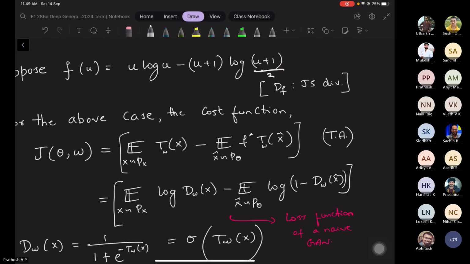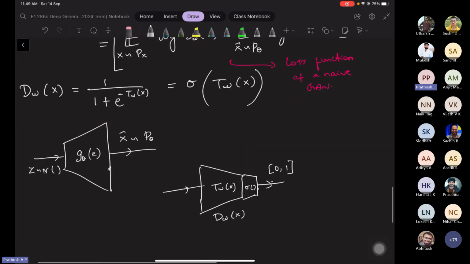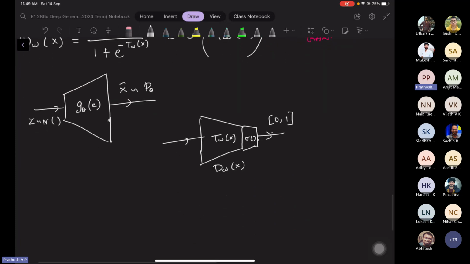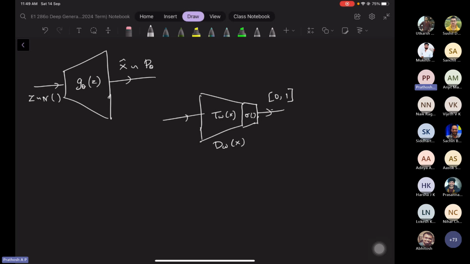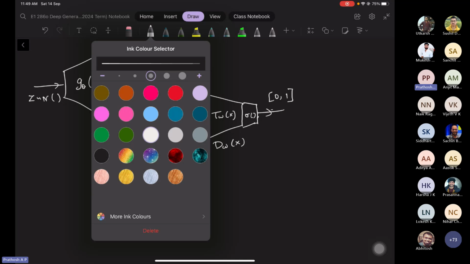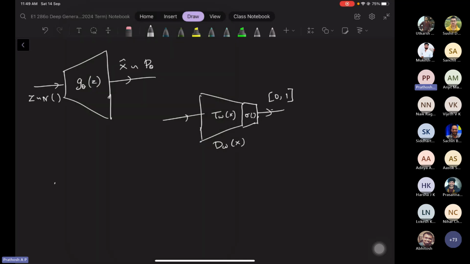Okay, great. So now what we will do is the following. I promised that I will write down the gradients and all that. I will do that now. Let us write the optimization problem now. So we have theta star and W star. You need to minimize with respect to theta and you have to maximize with respect to W, right? In this case, it will be expectation of log of T_W of x,